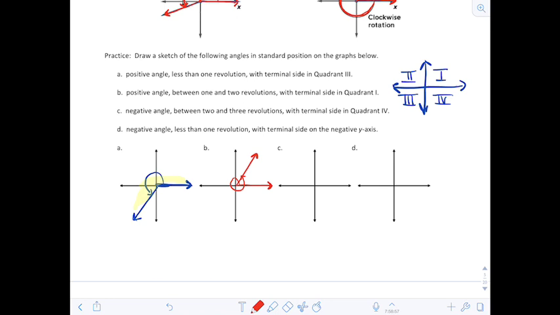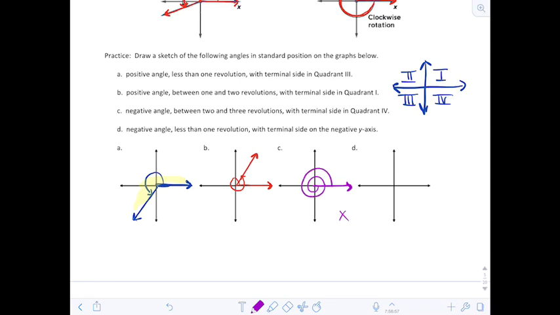All right, letter C. Now we want a negative angle. So we're going to start on the initial side. Negative angle, so we're going to go clockwise between 2 and 3 revolutions, and the terminal side we want down here in the 4th quadrant. So we put our pencil tip on the initial side. We go clockwise. We want a negative angle. So we're going to go around once,